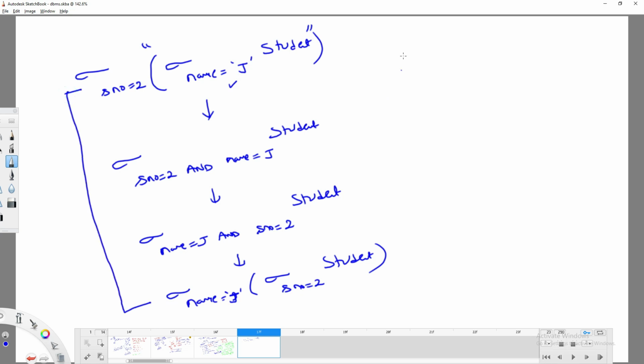If you know the property of commutative, meaning that AB equal to BA. On the dot operation it is commutative, on the plus operation also it is commutative, right? So select operation is commutative. This is important. Select operation is commutative, meaning that while retrieving the data from the table, you can retrieve in any order. There is no problem in this.